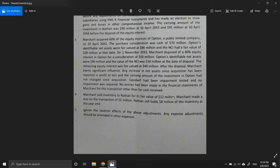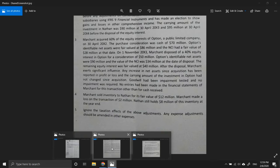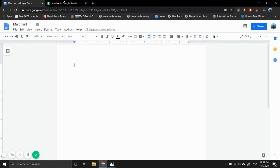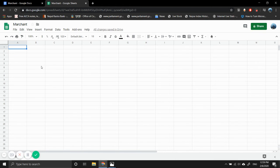So we need to eliminate this, as this is an intra-group transaction, right? So Nathan still holds 8 million of this inventory at the year end. Okay, that's for SOFP. But we are only required to prepare SOPL, right? No need to worry about that. So what are we required to prepare? Prepare a consolidated statement of profit or loss and other comprehensive income for the year ended 30th April 20x4. Okay, and explain with suitable calculations how the sale of 8% equity in Nathan should be dealt with in the group statement of SOFP at 30th April 20x4. Okay, so let's prepare our consolidated financial statement. Okay, consolidated SOPL